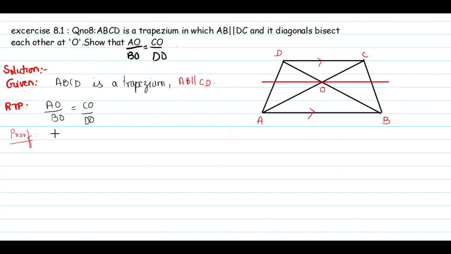Now we are taking the two triangles that we are considering, that is COD and AOB. From triangles COD and AOB, these two angles are